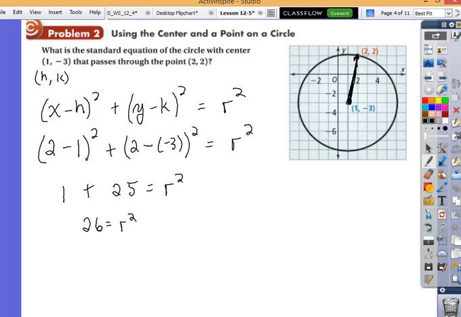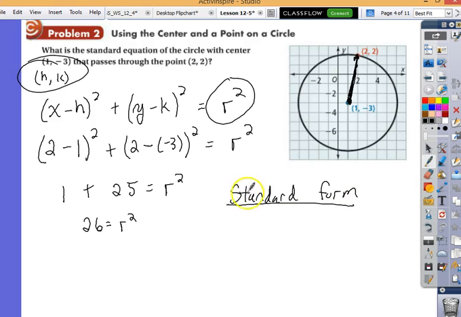I think I'm going to leave it. I'm going to stop there. I'm not going to find out what R is because in my formula, I represent that side of the equation with R squared. So it'd be kind of silly to take the square root of both sides now and then just turn around and square it again later. Since I know what R squared is and I know what H and K are, I have enough information to write the standard form. So standard form,